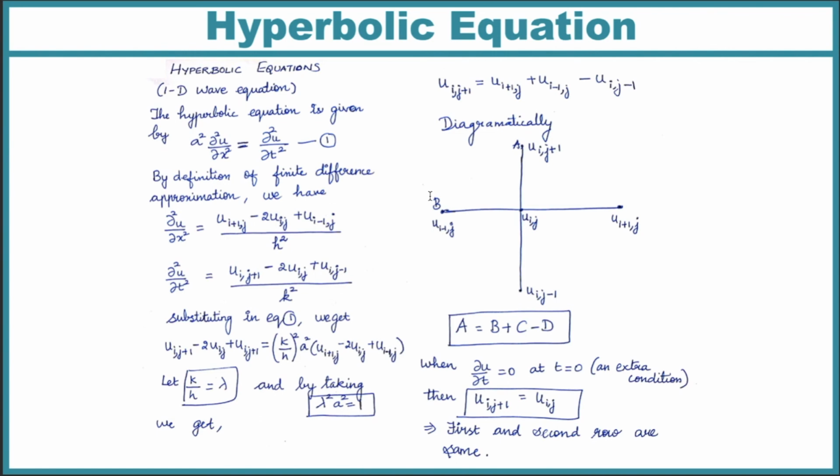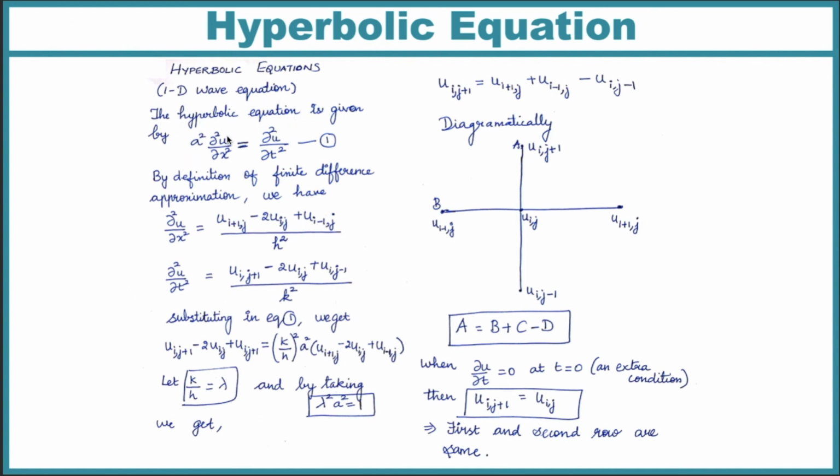So what is the formula? Mainly we have to brush up as this is the hyperbolic equation. Before this, we gave videos about the elliptic equation, that is the Laplace equation, del square u by del x square plus del square u by del y square equal to 0. Then we gave the one dimensional heat equation, that is the parabolic equation, using the Crank-Nicolson method and Bender-Schmidt method. And here we have seen the hyperbolic equation, that is the one dimensional wave equation.